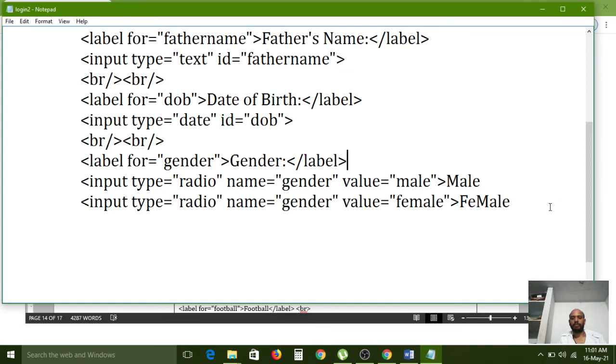Next, one more break line, and next one, checkboxes. If you want to select more than one option, checkboxes are very useful. The checkbox control is very useful. For that, label for hobbies.